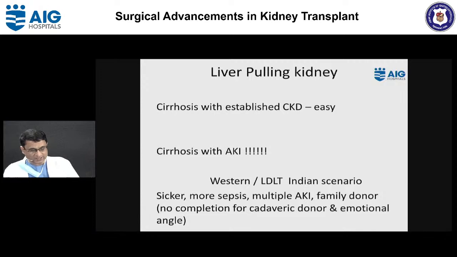Now what is more dicey is liver pulling kidney. In this also, indications are easy when there is cirrhosis with established CKD. The problem comes in when there is cirrhosis with acute kidney injury. Criteria are different. What probably applies in the West may not apply to the Indian scenario. In the West,